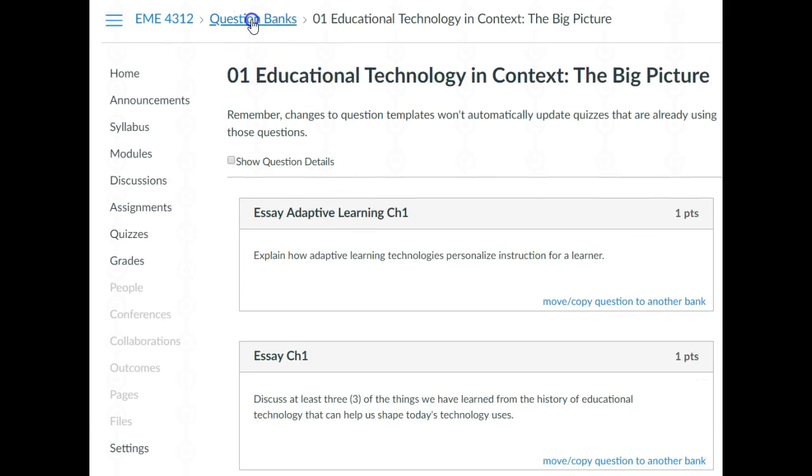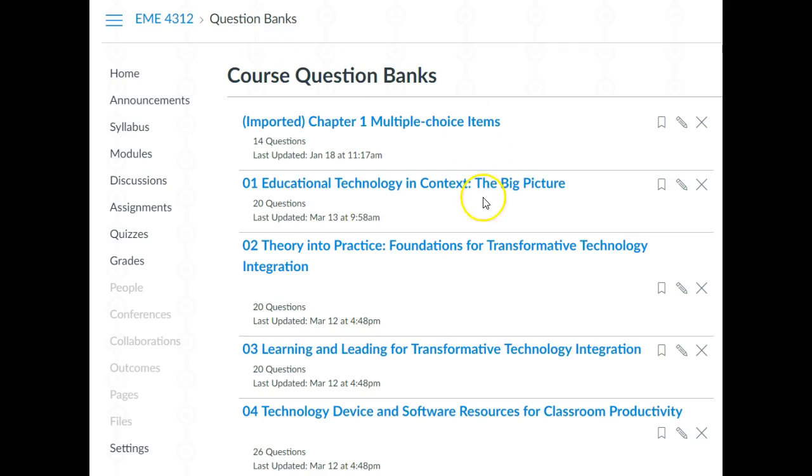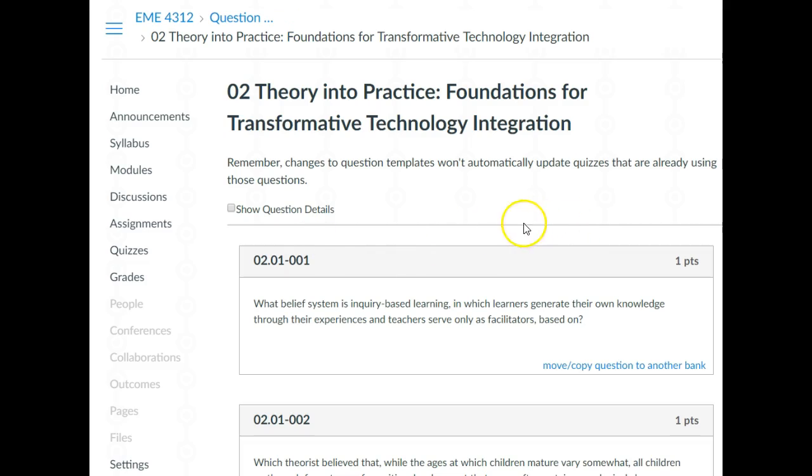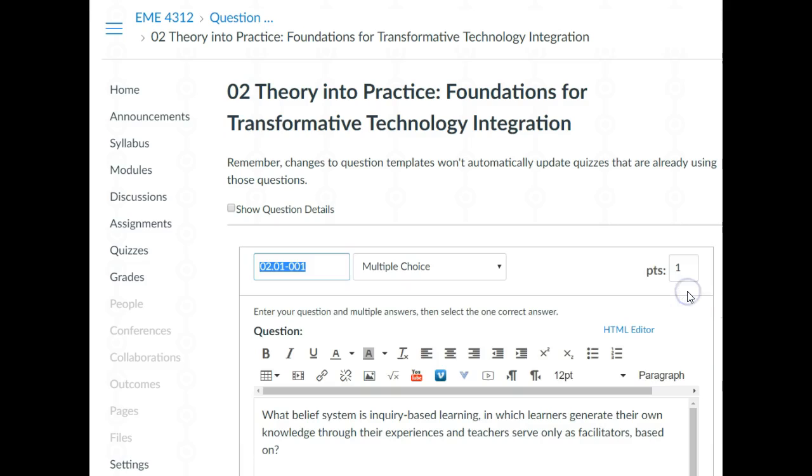So let me show you what the question bank looks like before what I want you to do. So I've only done that first chapter. Here's the chapter 2. This is what they look like when they come in. So you just click this little pencil for edit. In this case, this is a multiple choice question, so I would rename it